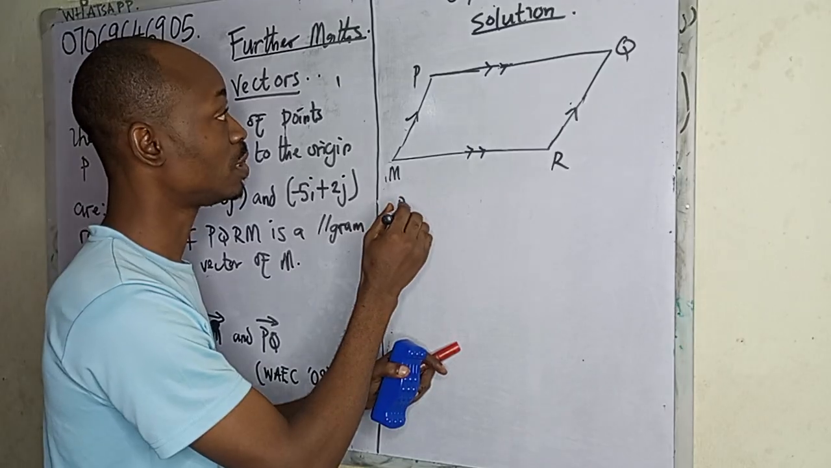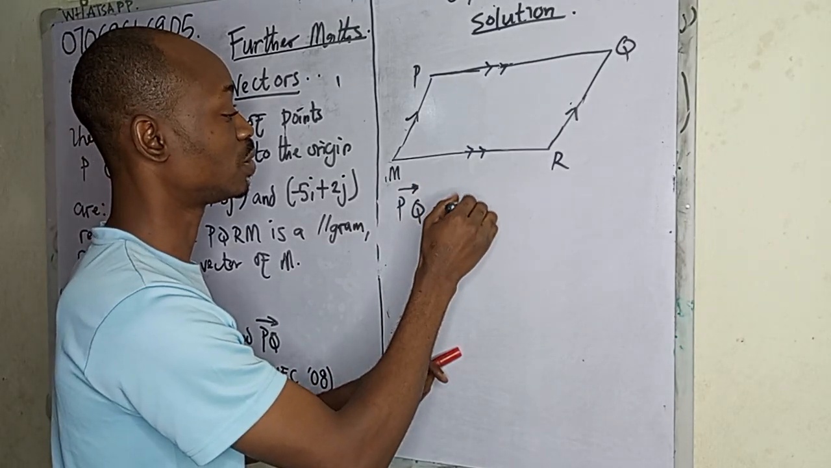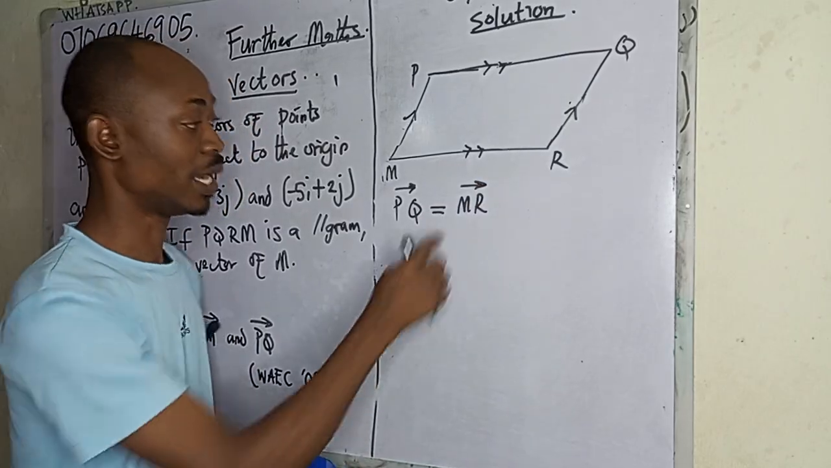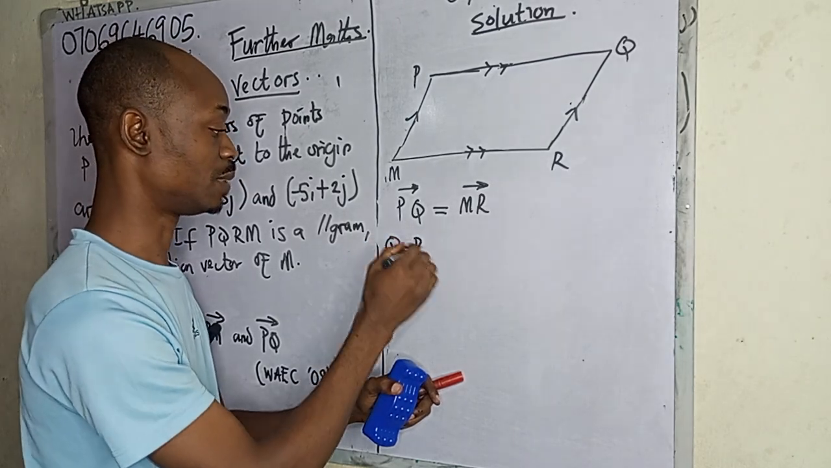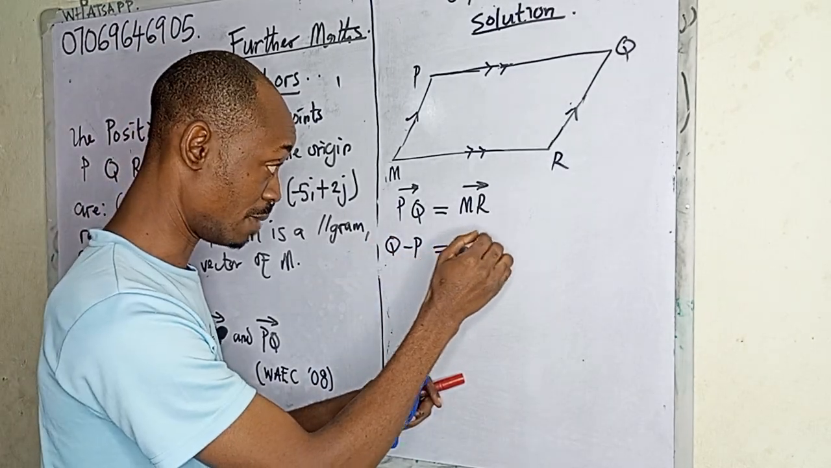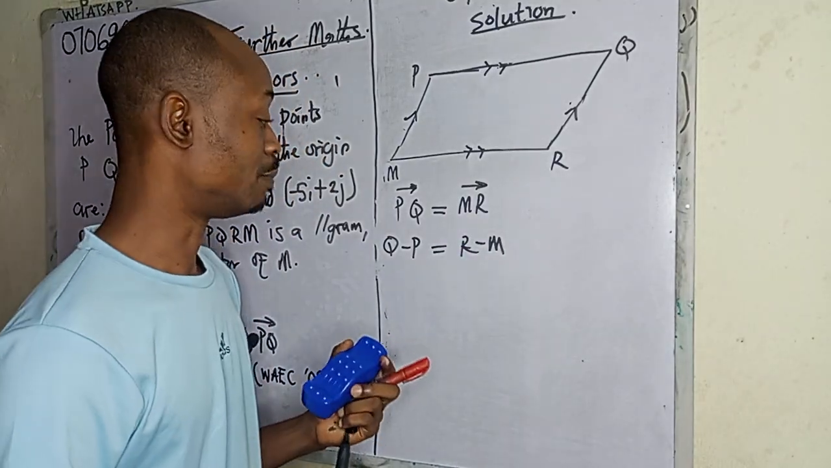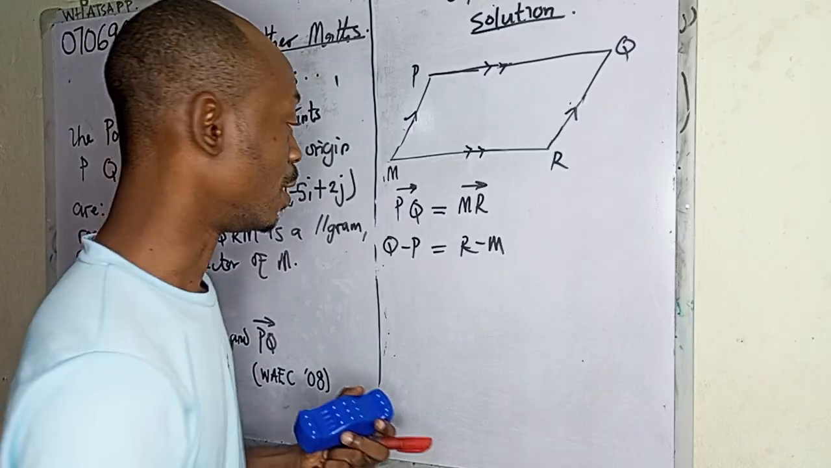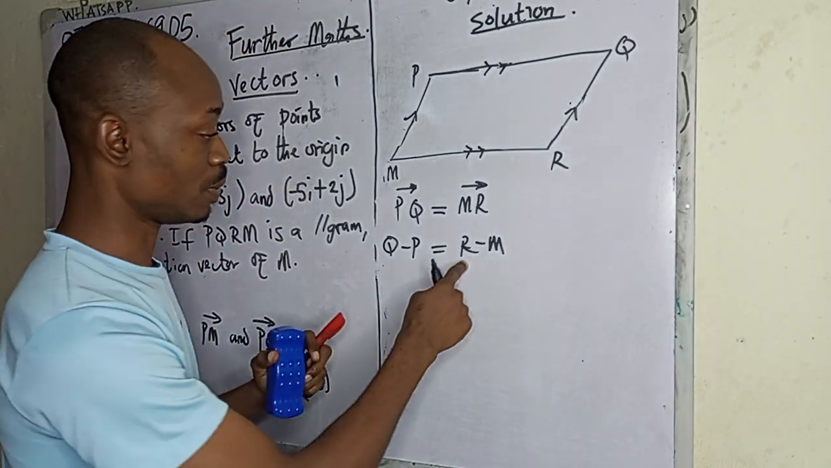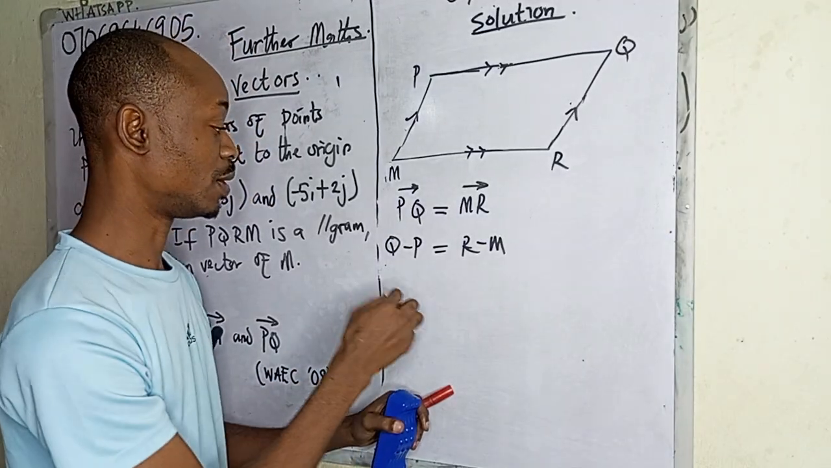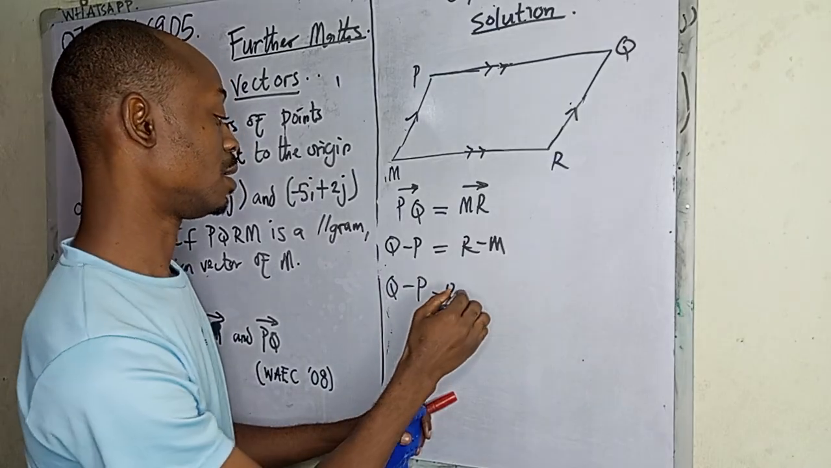So I'm going to be doing vector PQ must be equal to vector MR. We are looking for M. So we know that PQ normally means Q minus P, and MR means R minus M. If you are confused as to how this comes about, we already did that in the previous videos that were posted. You might want to check them out. So anyway, we make M the subject of the formula here. It's going to become Q minus P, then minus R, equals